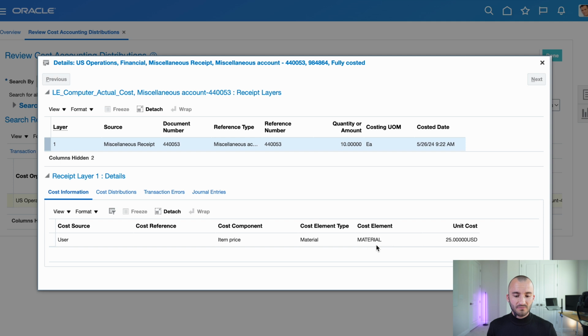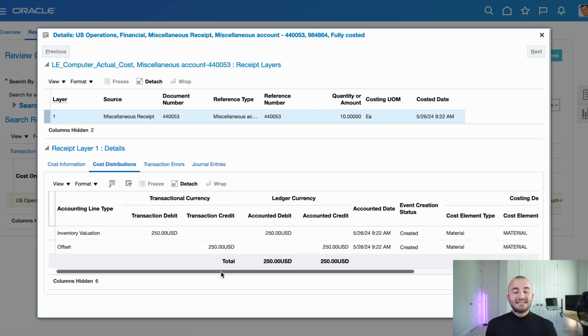You have your cost information here where it says we gave it only the item price as a miscellaneous receipt, and that is material, and $25 per unit. So everything is good. And now to review the distributions, go to this tab over here. And here now you see your debits and credits. You have the inventory valuation that gets debited with $25 times 10 items, so $250. And at the same time, the offset account